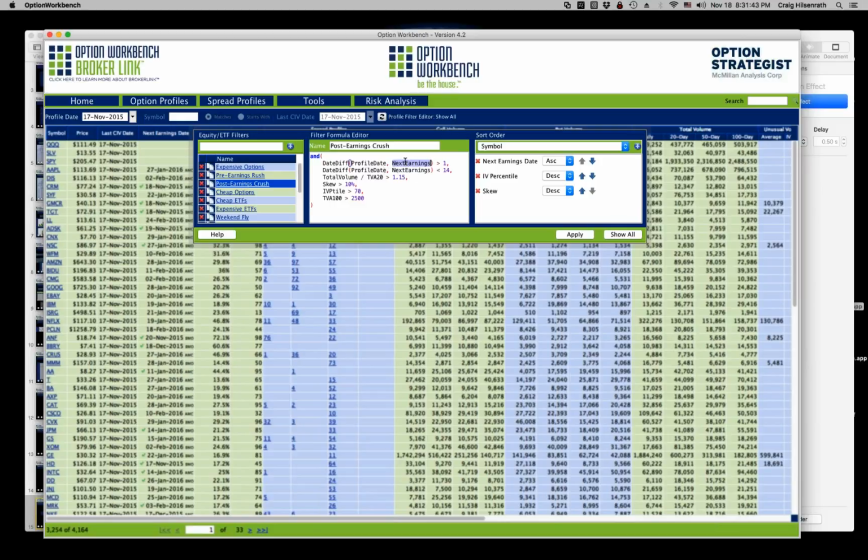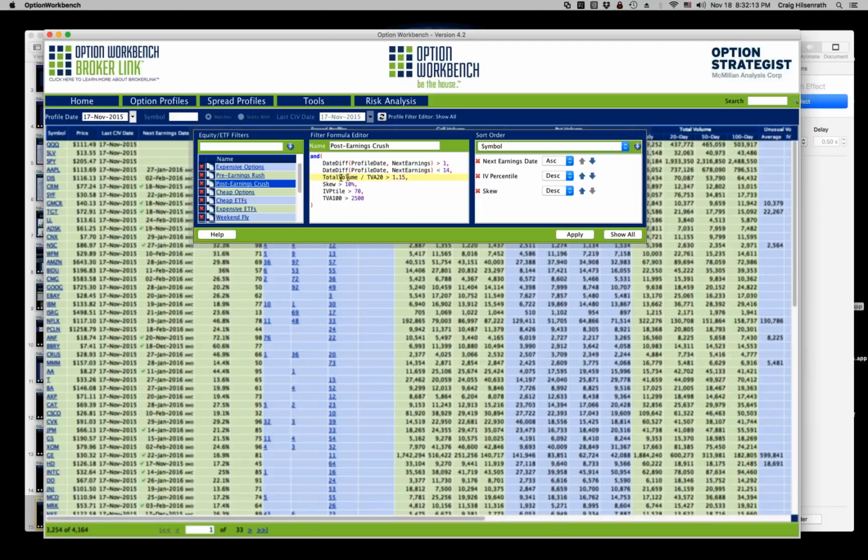It's basically date 2 minus date 1 in arithmetic. So I want the difference to be greater than 1 and less than 14. That will get me something that's in the next 2 weeks. I want the total volume of the options to be 15% more than the 20-day average.